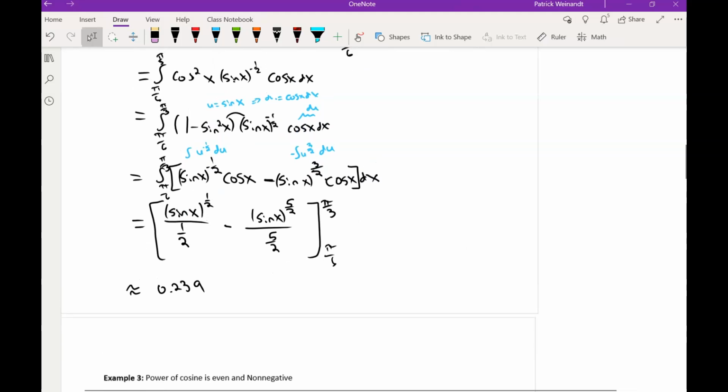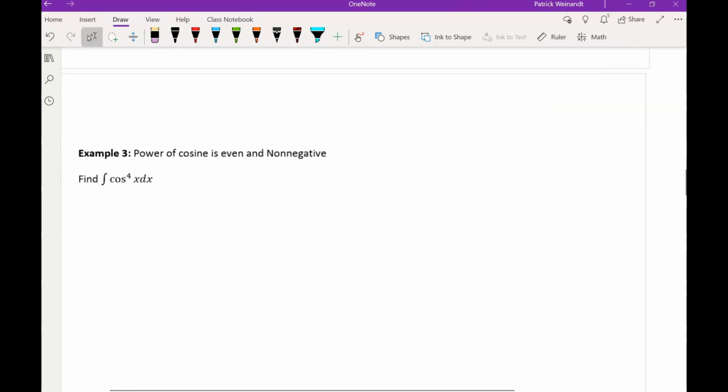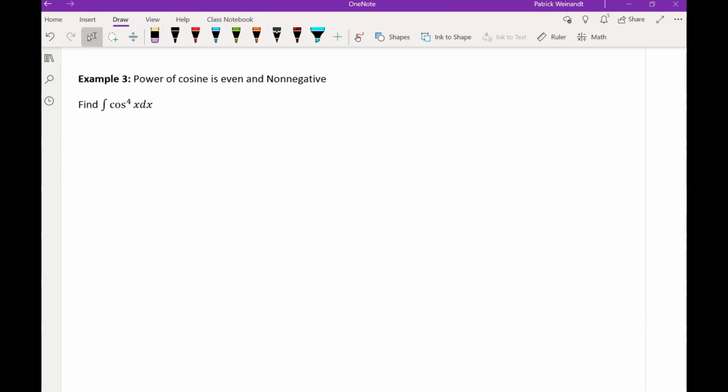So if neither your sine or cosine is odd, you're going to want to, well, maybe use guideline 3. So if you have even and non-negative powers like we do in example 3, this is where the half angle identities are going to come into play. And then basically from there, we're going to kind of rework it as if it was similar to the examples we just did. So since m and n, remember that m and n represent our powers for sine and cosine, since m and n are both even, non-negative,